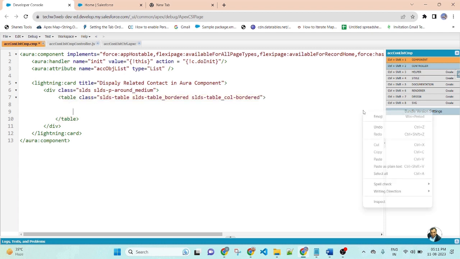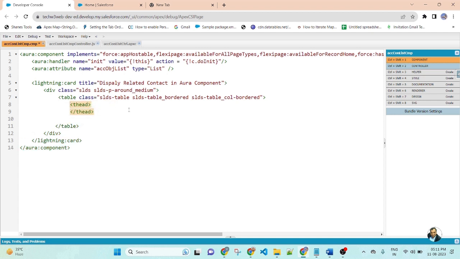Here I will use T head. Inside the T head I will create TR. Here, so TD. No, here I will use TH, name.